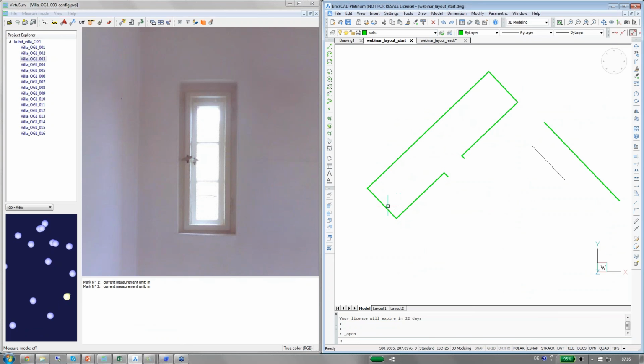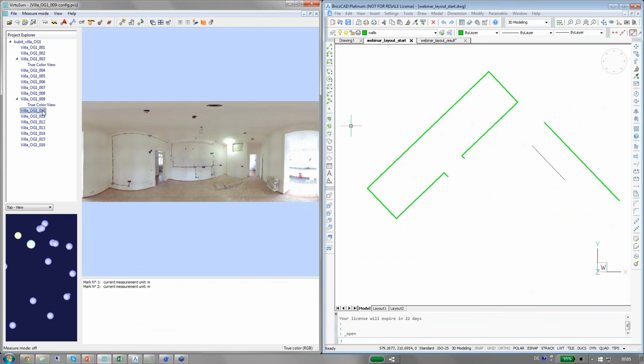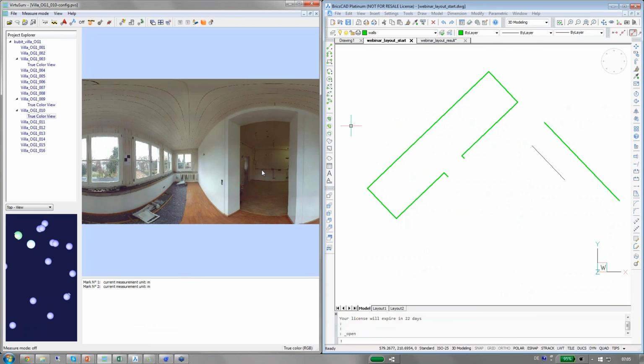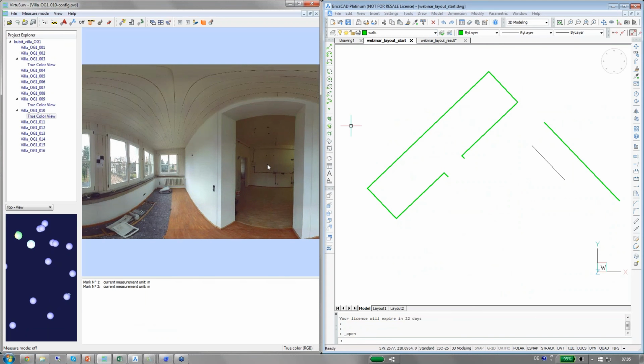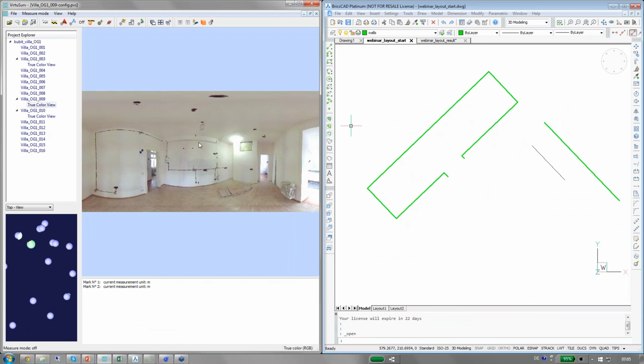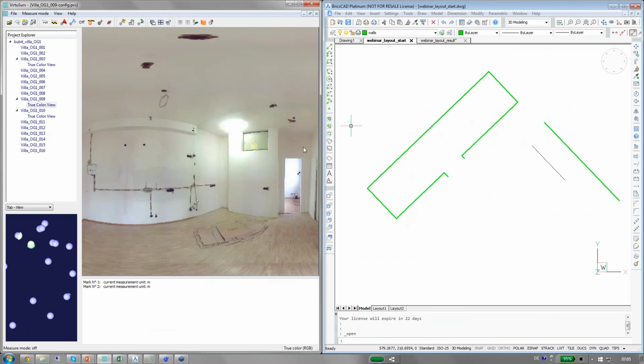I have already digitized the outline of this room over here, and what I would like to do now is digitize the outline of the neighboring room. So I will just switch to the scan view of the neighboring room,